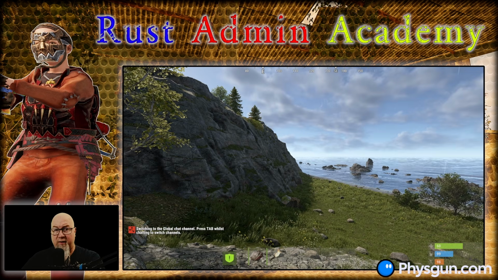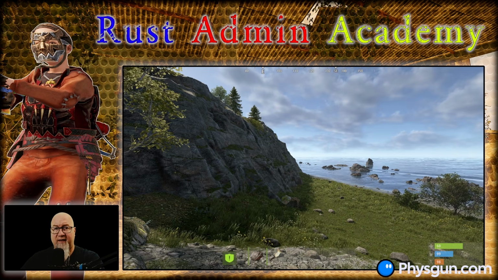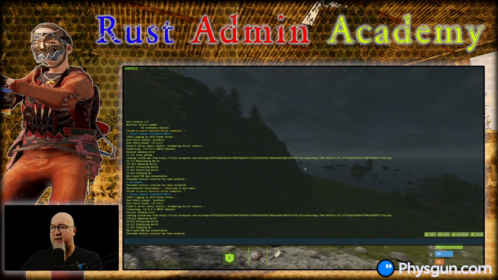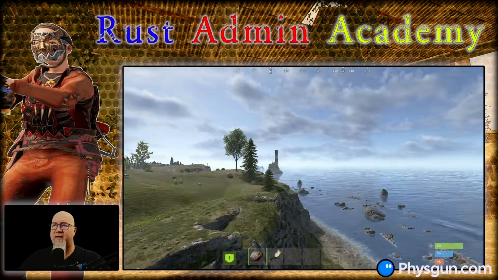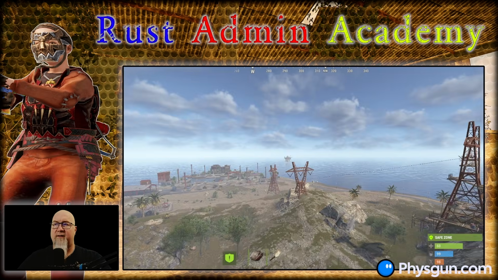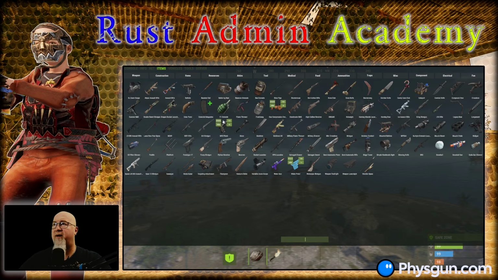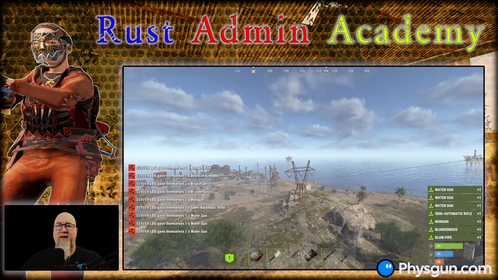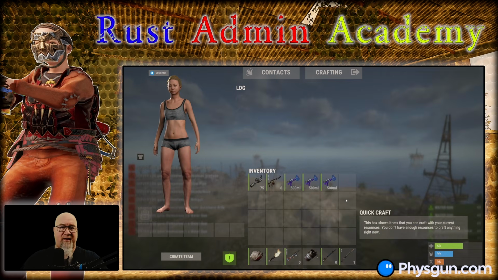All right, so now that we're an owner, we've disconnected and reconnected, we should be able to fly around and spawn in items. So let's go into the F1 console. Let's type noclip and let's see if we can fly around. And sure enough, here we are flying around. Let's see if we can spawn in items. Let's go into the items menu, and sure, I'll take an AK and I'll take this blowpipe and so on. You can see that I now have all of these things that I just spawned in